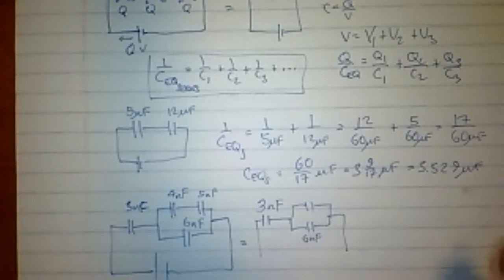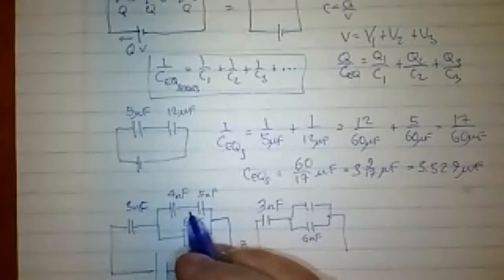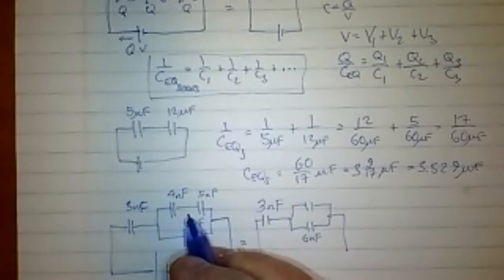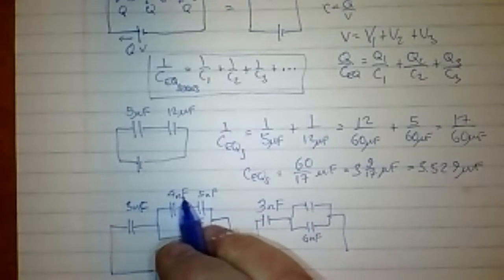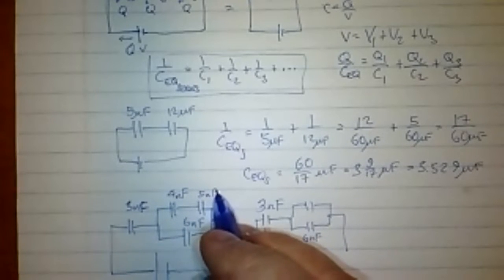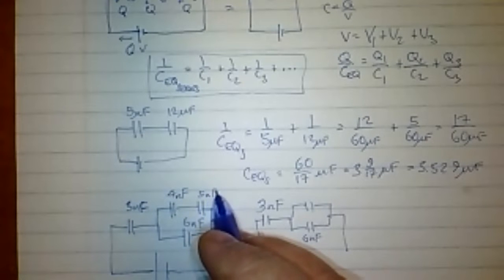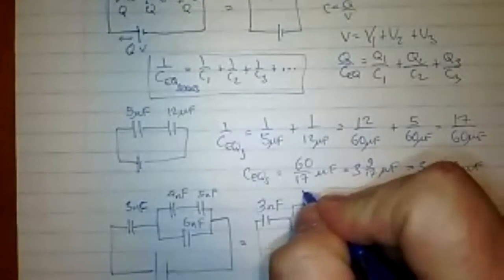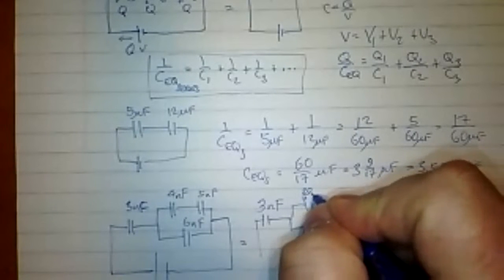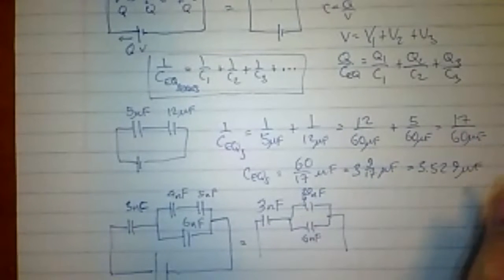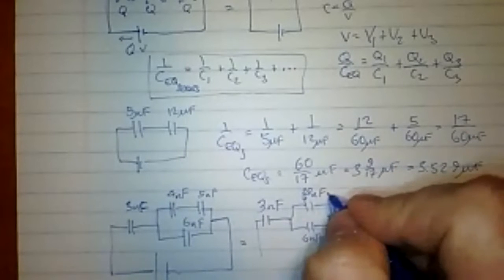And that's enough of the drawing. So these two are in series, and series is that crappy stuff. So this is 1 over 4 plus 1 over 5. Obviously, the least common denominator for that is 20. So that'll be 4 plus 5 over 20. That'll be 9/20ths. So I flip that over, that'll be 20 divided by 9. So this is 20 over 9 nanofarads, which would be